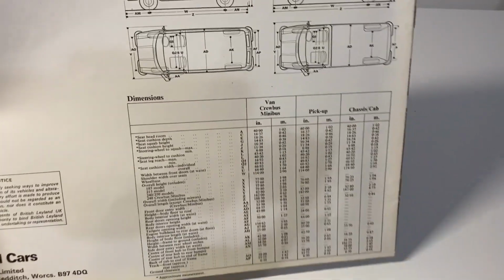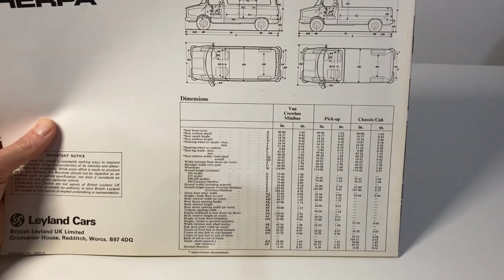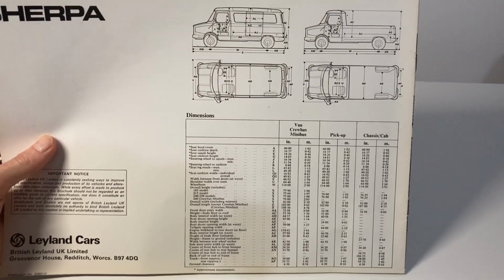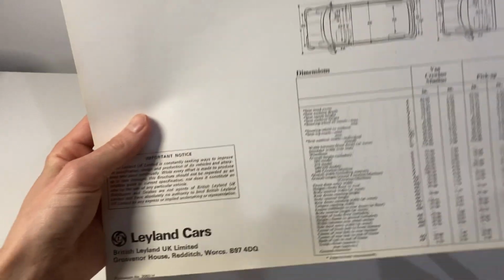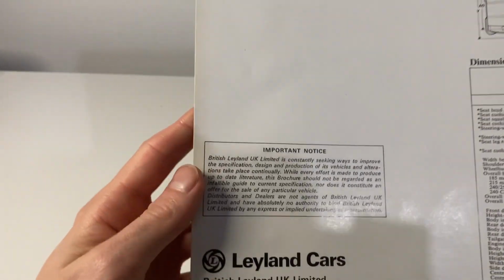And on the back, we've just got the dimensions, which would be handy if you've got, say, a depot, for example, with garages and sheds for inside storage. You could make sure it fits. And then we've just got the Sherpa font, and at the bottom, important notice: